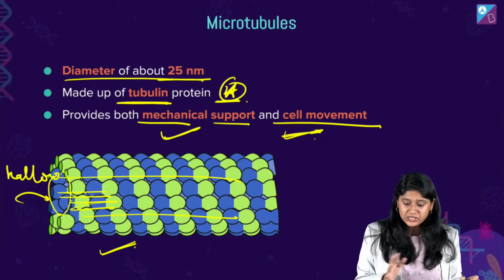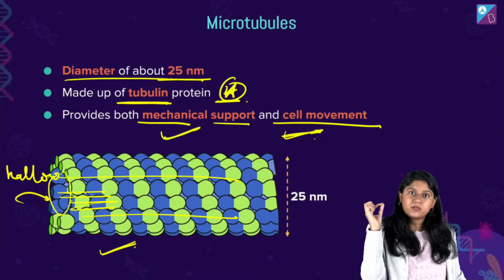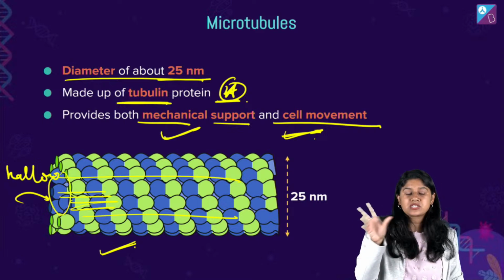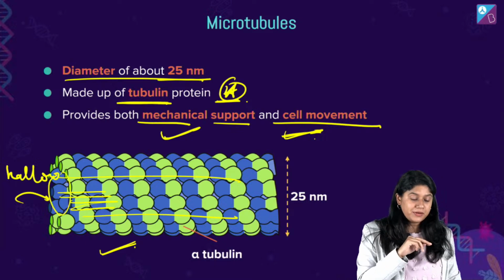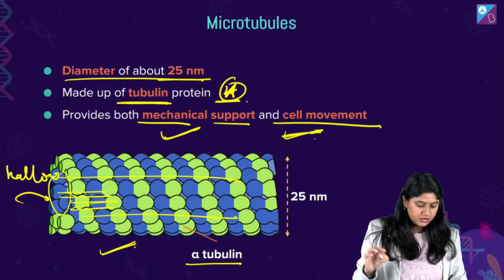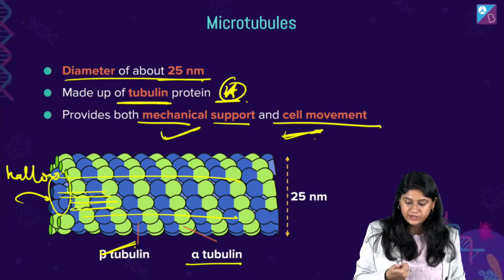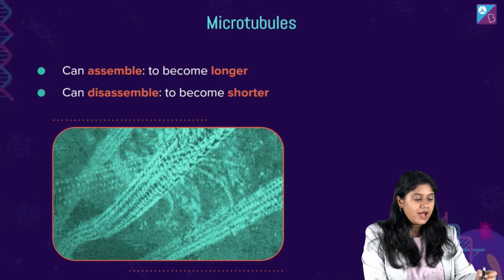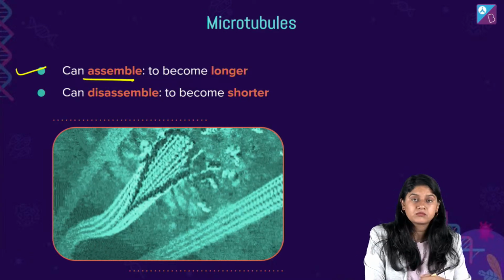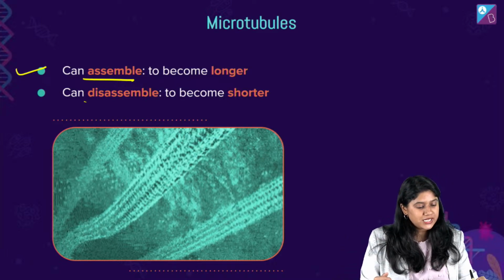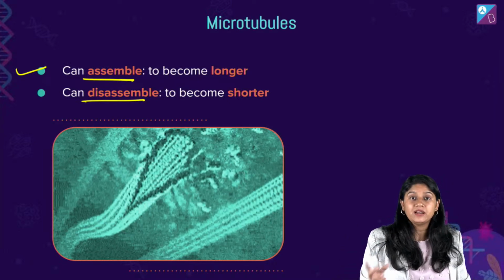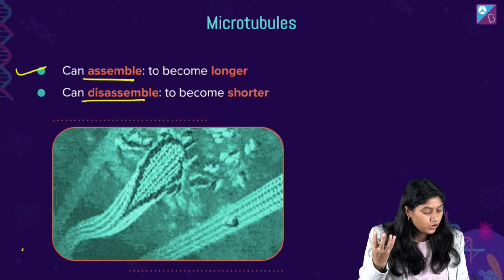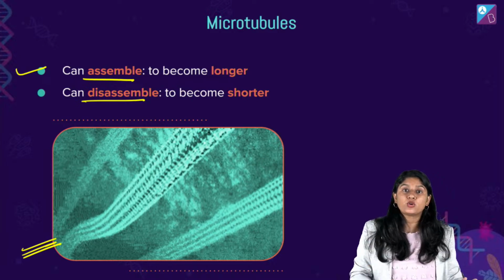Clear? So we have now had a brief introduction, I would say, about the cytoskeleton and its different types. Microfilament, microtubules, so we have 2 chains, right? We have alpha and beta. Clear over here? That is written over here. They can assemble, they can become big, and of course they can disassemble also. So they have a very interesting property, because they are contractile proteins. They can contract and relax. So this is a very important feature of the microtubule.